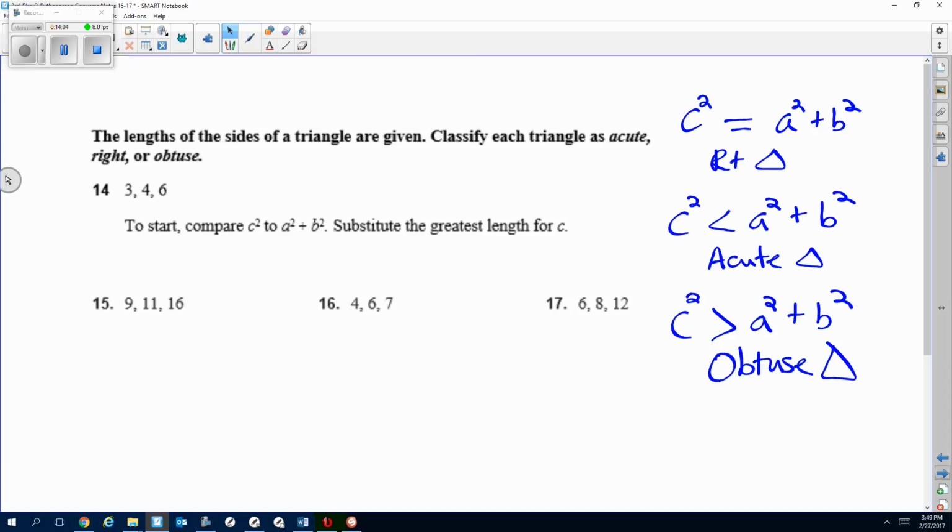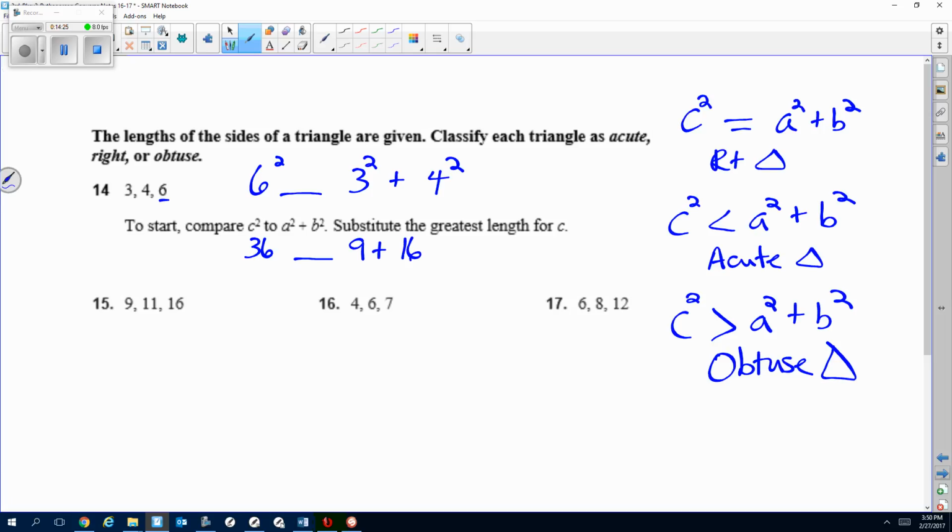So on 14, we're starting with the larger side, which is c, which would be 6. So we're saying 6 squared, compare it to 3 squared plus 4 squared. Go ahead and substitute and solve it. So we know 6 squared, and I'm putting underneath there is 36. And then we got 9 and 16. When I go ahead and work that out, we get 36 and 25. 36 is greater than 25. So number 14 is an obtuse